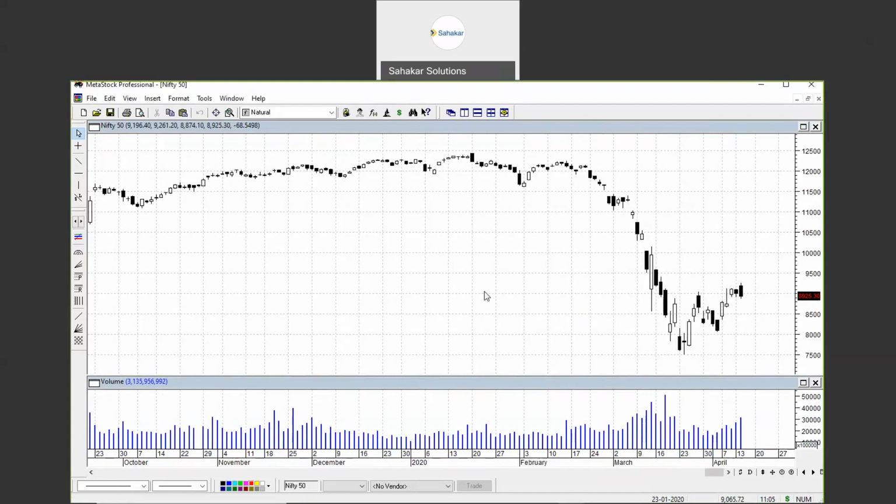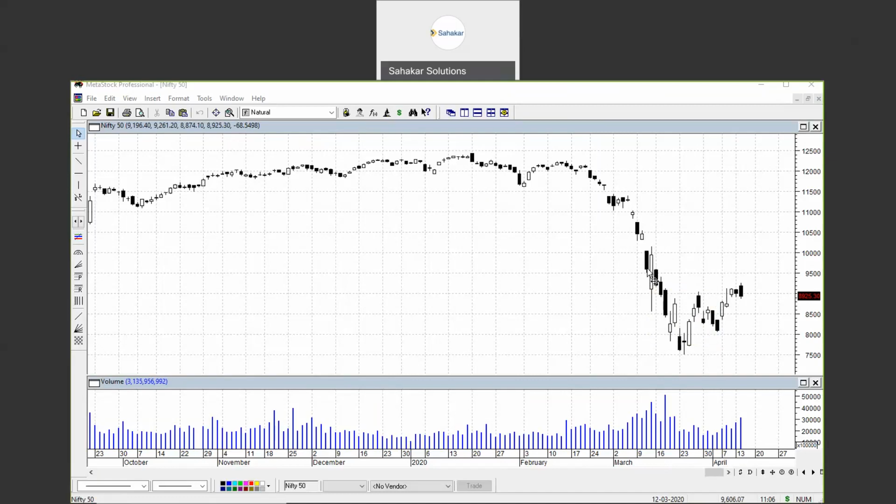This is basically developed by Japan rice traders who used to plot the prices in relation with the open price to the close price. When close is more than open, a white candle is formed. You will see this is the total length of the candle. This is the open price, this is the close price, and the balance is shadow. It is called as shadow. When close is more than open, a white candle is formed. When close is less than open, a black candle is formed.